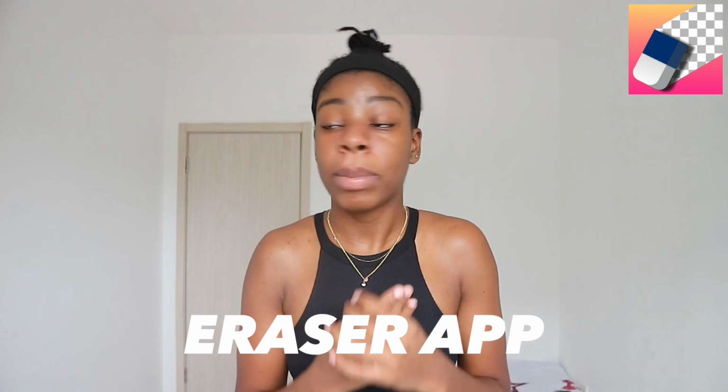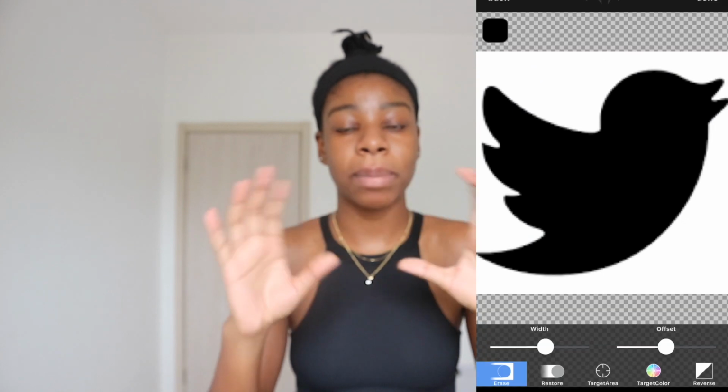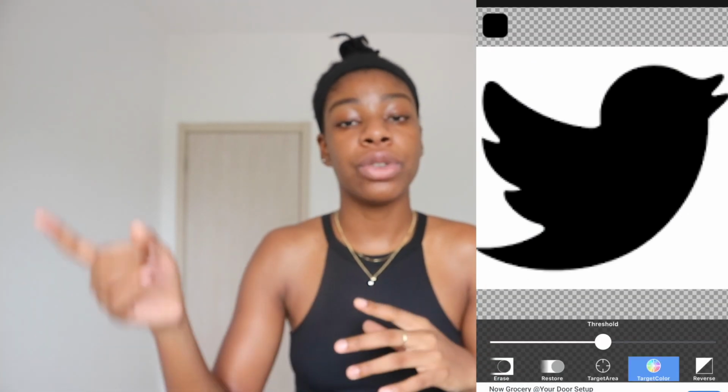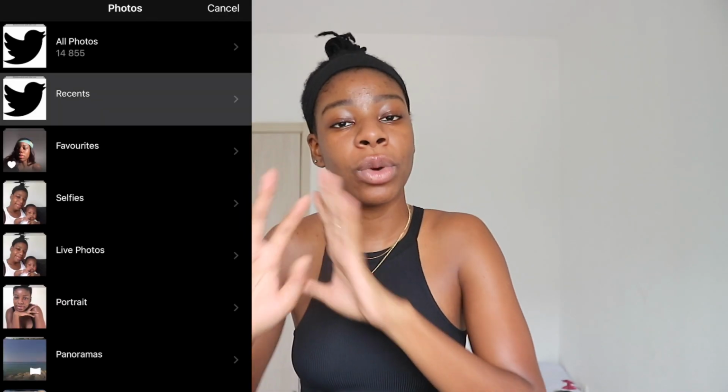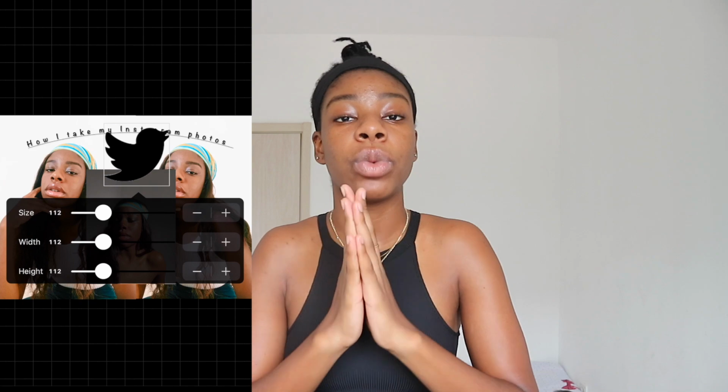So I forgot about one app that I wanted to tell you guys about. It is the Eraser app, and this app basically just does exactly what the name says. It erases. It allows you to change the background of certain pictures to being transparent. If you have your Twitter icon but it's against a white background, you can use the app to remove the white background, and you will have the icon alone, and then you can move that icon and put it on your picture, and there won't be anything behind it, and it would work great.